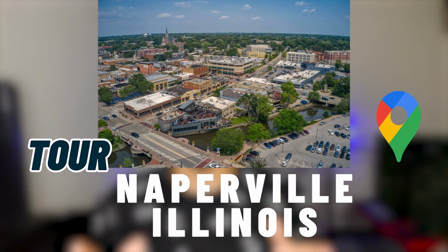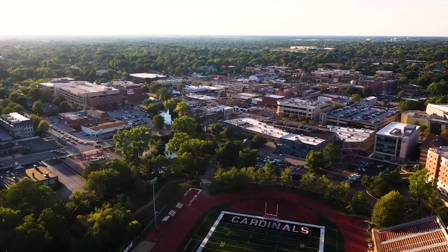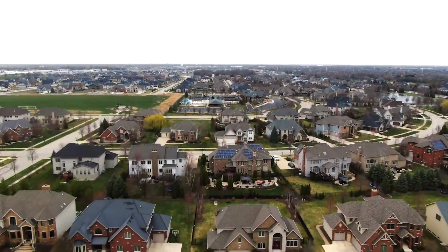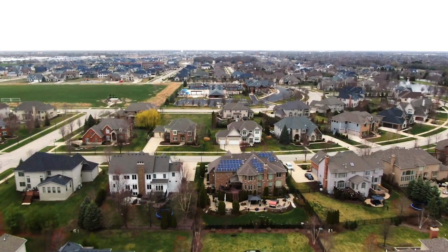So you think about moving to Naperville, Illinois. Well, in this video, I'm actually going to take you on a tour of Naperville on a Google map so you can see the proximity of Naperville to Chicago, the proximity to the airport. You can see what's around Naperville, you can see what's in downtown Naperville. I'm going to show you it all so you know everything there is to know about Naperville if you're thinking